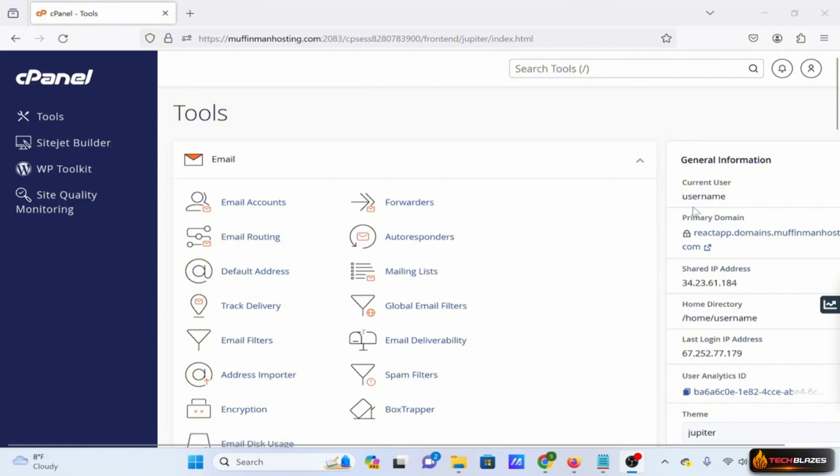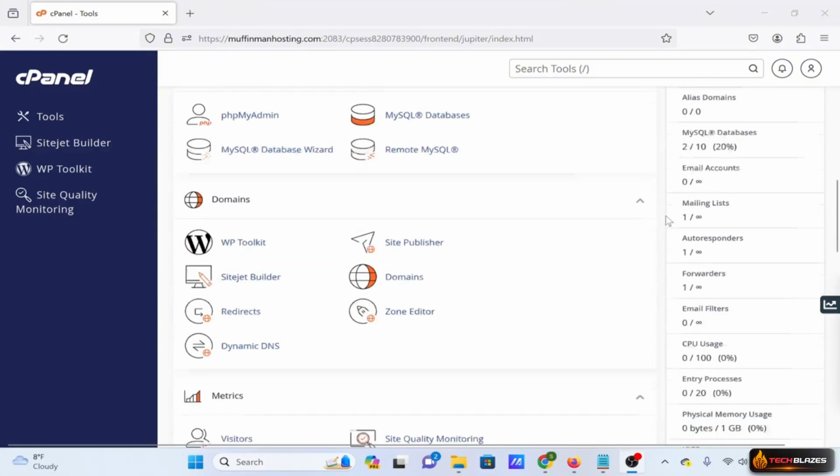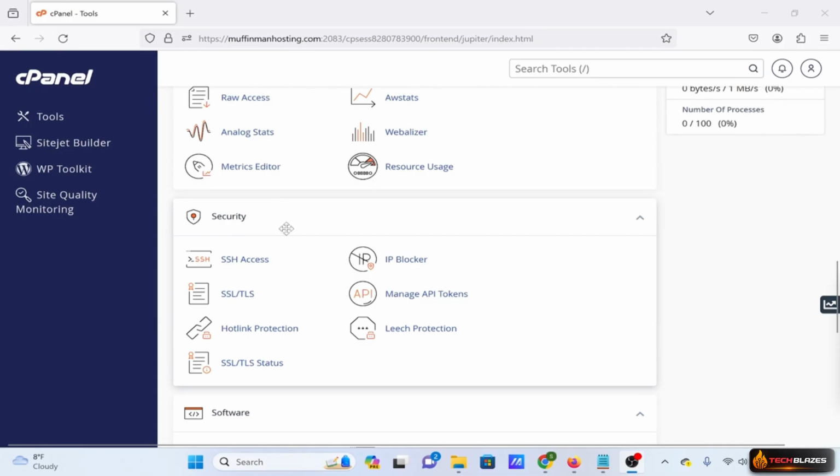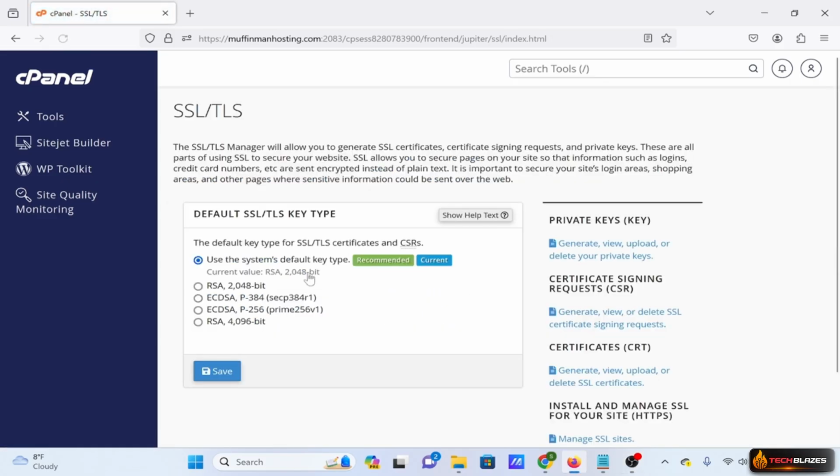In this video, we will be going over SSL TLS for your cPanel. So the first thing you want to do is scroll down to Security and click on SSL TLS. And so this will actually give you your key types. So if you remember from the video we watched,